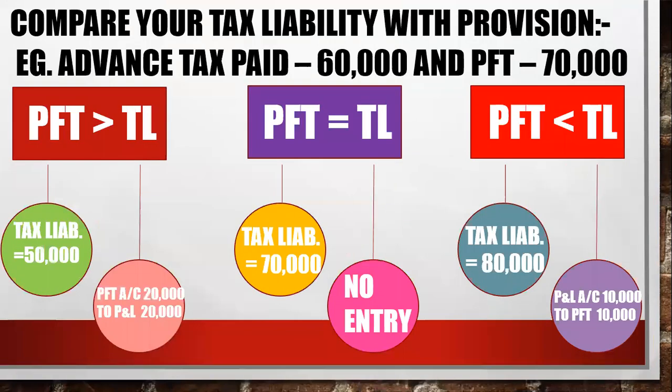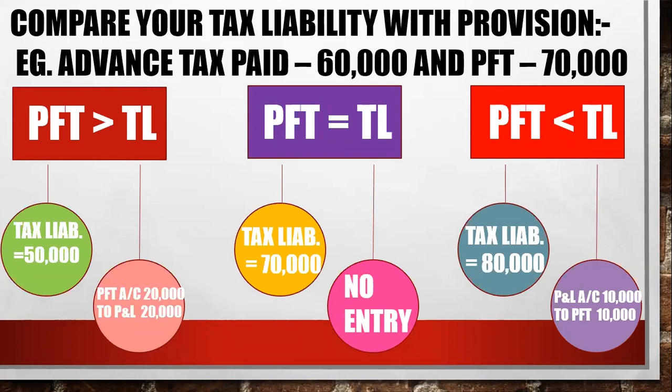Okay, so first what you have to do is compare your tax liability. See, now you have to pass the journal entry. I'll give you the question. Just remember this: first, you have to compare your tax liability with your provision. You will find your provision is more than, less than or equal to it, and only one situation will come. This third POF is an example of this. Once you find that PFT is more than the liability, you have to transfer it to the PNL account. Once you find that PFT is less than your tax liability, you have to create more PFT. For creating it, the entry will be PNL account debit to PFT.